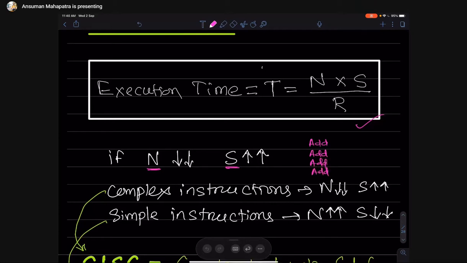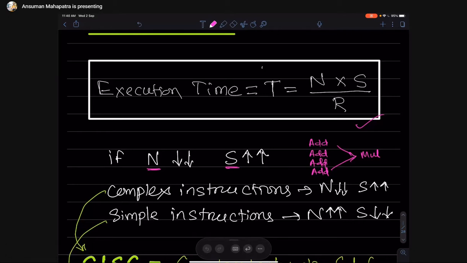Suppose I have to do 4 add operations: add, add, add, add. Can you convert it to a single instruction? Suppose you are adding the same number multiple times. What is the opposite of this 4 addition? Multiplication. In one multiplication we can do the 4 additions.